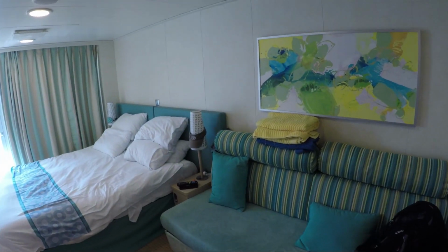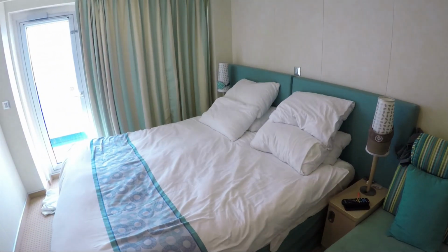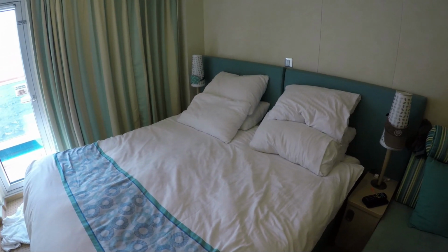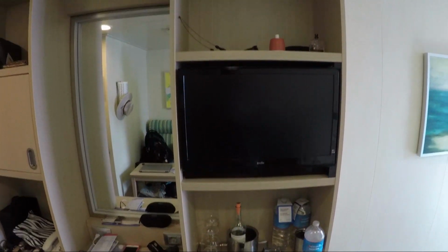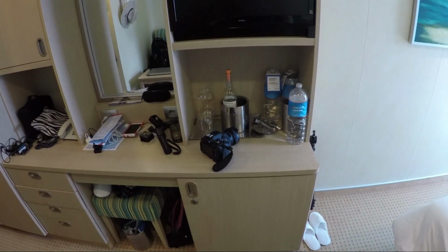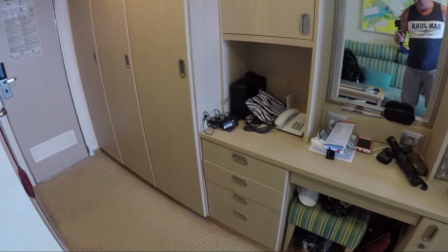This one has a couch in it and a little work area, king size bed that can obviously be converted into a twin bed. Has plenty of space just like your other balcony cabins. Has storage up there, TV, and then down there is the refrigerator, and the refrigerator works quite well in this one. All of your cabinets,